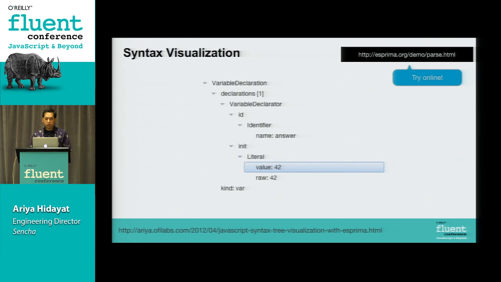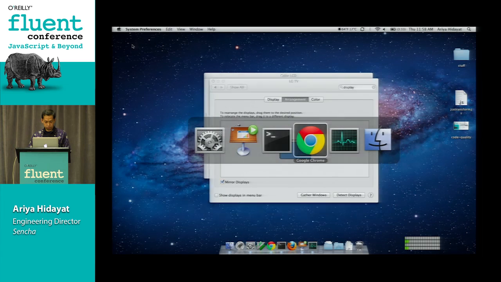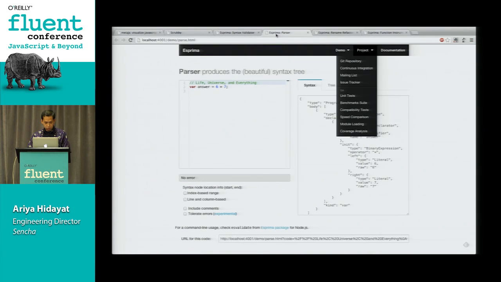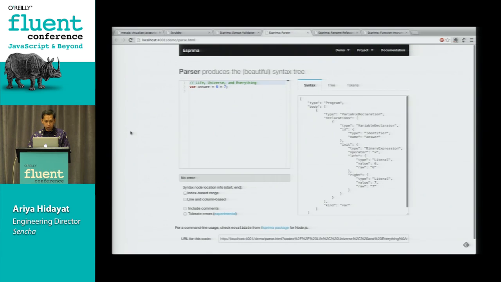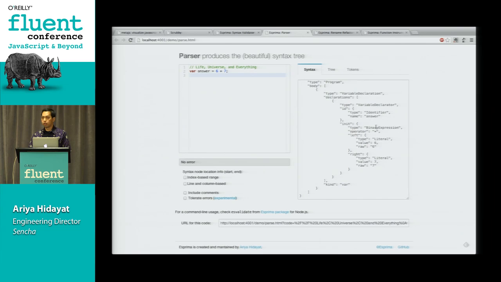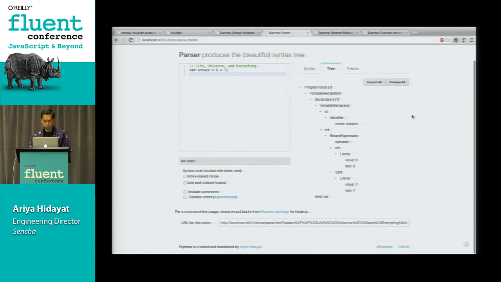Now, syntax visualization. Sometimes it's difficult to understand how the engine constructs the syntax tree. So I built this online parsing tool. It's already mentioned in the previous talk. This is Esprima, a JavaScript parser written in JavaScript. And one of the things that you can do with it is to analyze your source code. So if I write var answer equals 6 times 7, this is the syntax tree formatted as JSON. And it's a tree, so another way to visualize it is by a real tree. You can see that there's a program body there. It has one